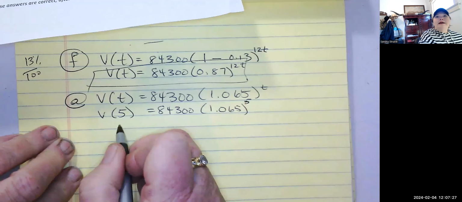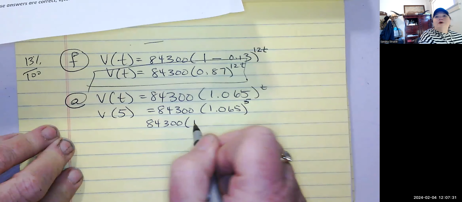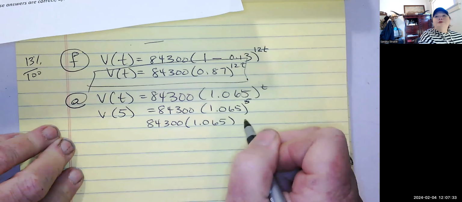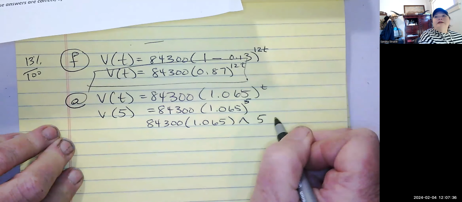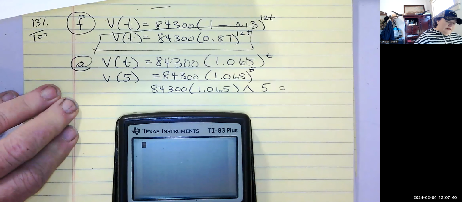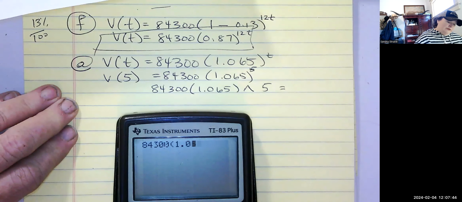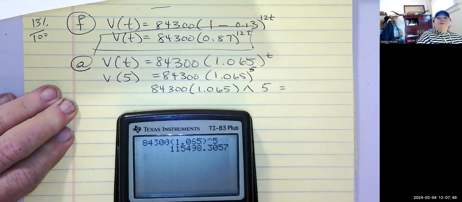So for A, I'm going to put in my calculator 84,300, parenthesis 1.065, close parenthesis, caret 5, and equals. So the value would be